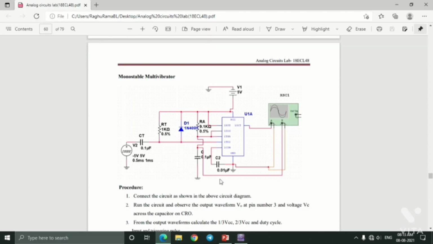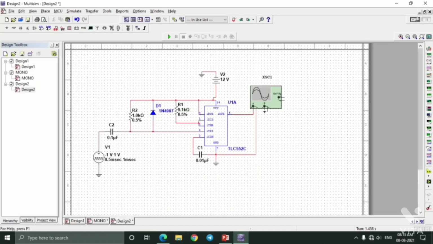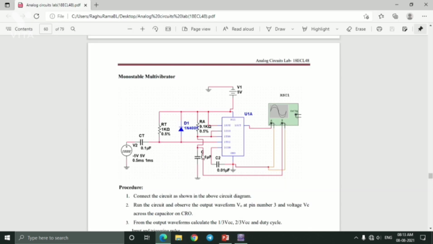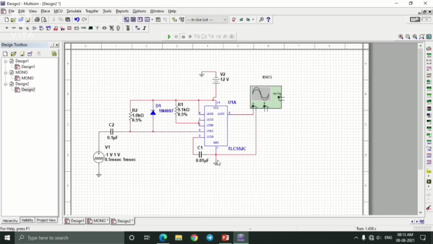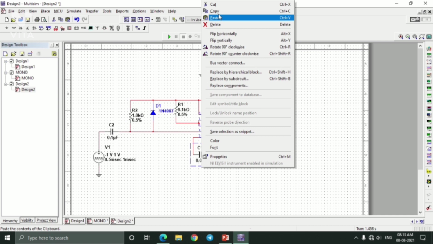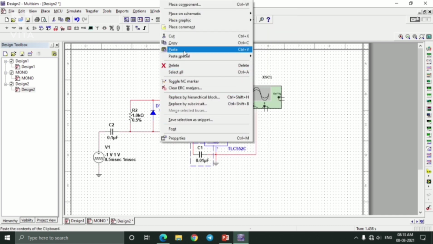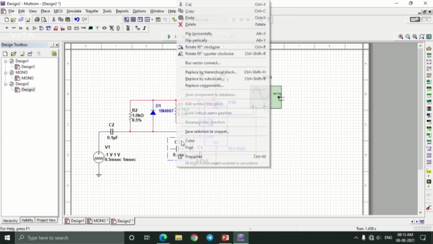And now you need to connect the channel B terminal to the capacitor terminal over here. We have not yet placed the capacitor in between this ground and R1 resistor. You can see over here the capacitor is placed in between this 9.1 kilo ohm resistor and the ground. So now copy this capacitor, paste it, rotate the capacitor,